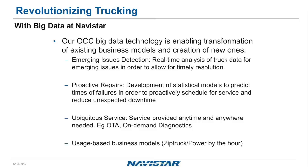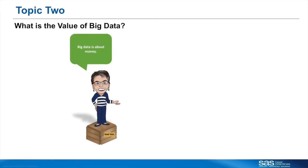These are the sorts of technology that we are focused on developing, and it's a very exciting future for us. Well, I can tell you, having broken down in the middle of nowhere, I don't have to stretch my imagination too far. All of those things that you described would have been great to have at that time for me. Tamara, what about you? So when you're talking about the value of big data, there are many ways to address this one,